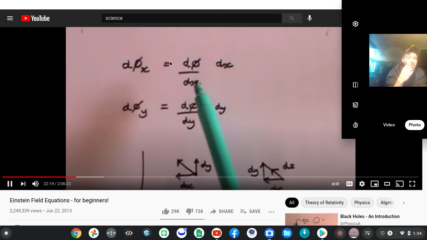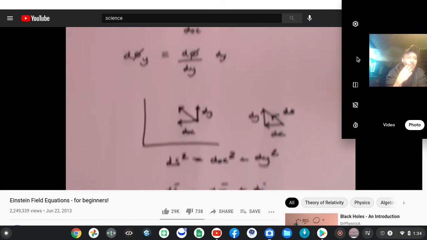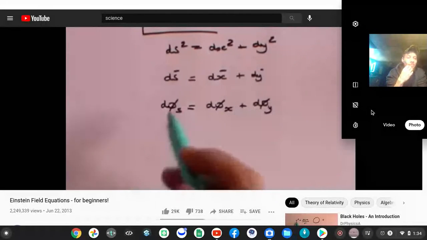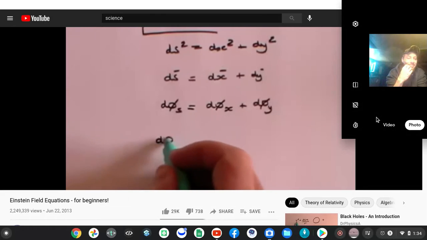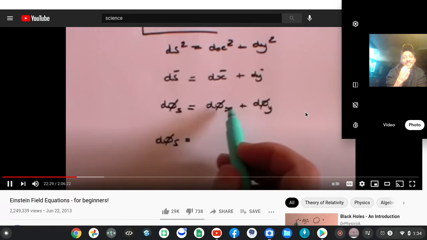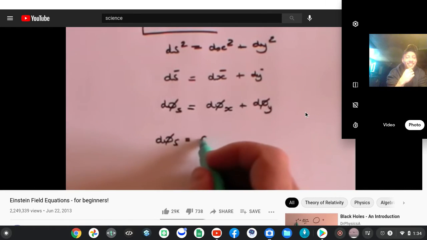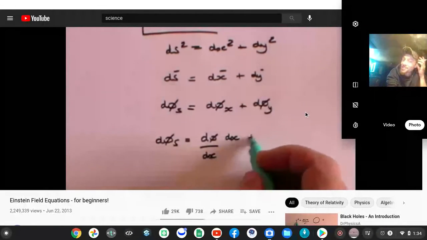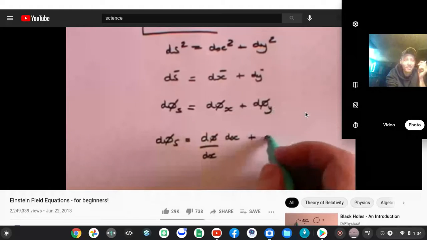So I'm going to substitute these values into this formula here, which will give me whatever I need. d phi is equal to, now for d phi x, I'm going to replace that by the gradient times the distance. And here, I'm going to replace this by the gradient, but this time in the y